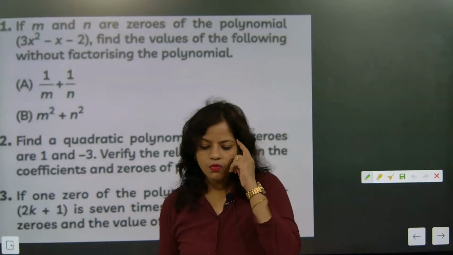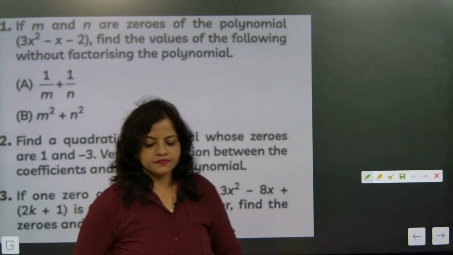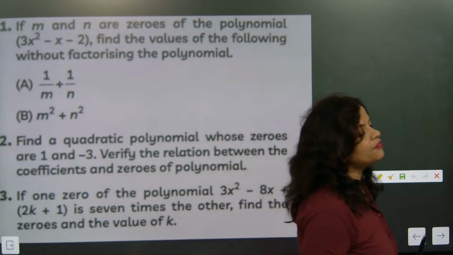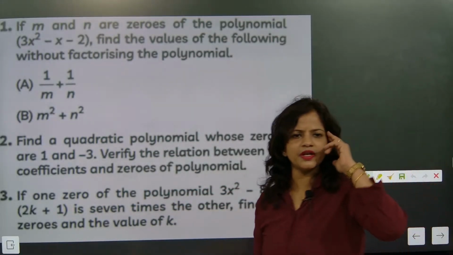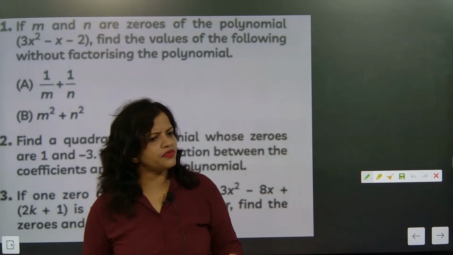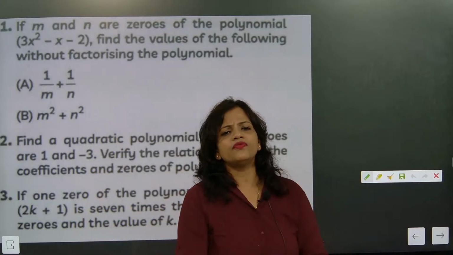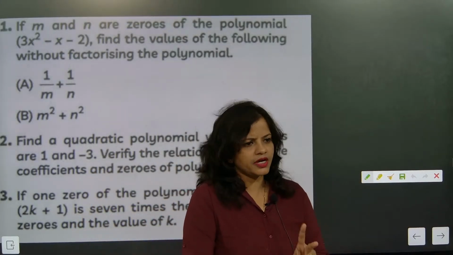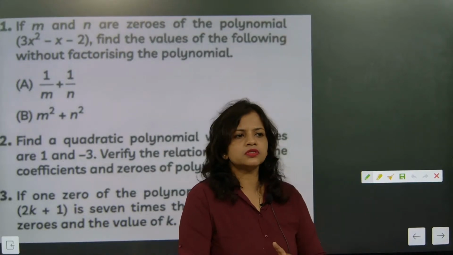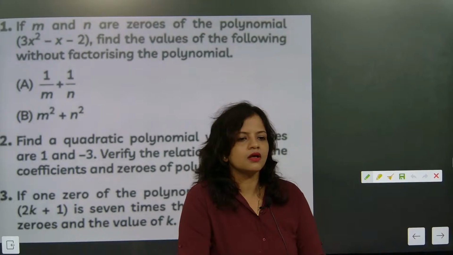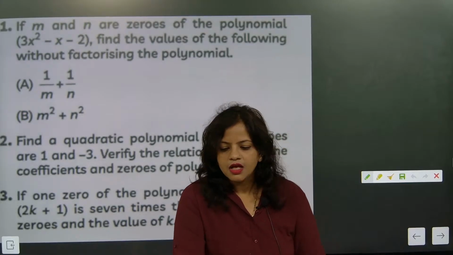See, here what you have to do is just use your brain. Polynomial rules and regulations we are going to follow, correct? If any quadratic polynomial is there, we will get at least 2 zeros, correct? And these 2 zeros, after factorization also, whatever values of x are coming, they are zeros only, correct? So what is our